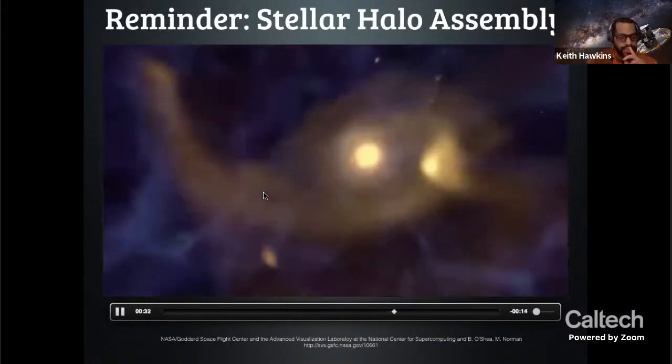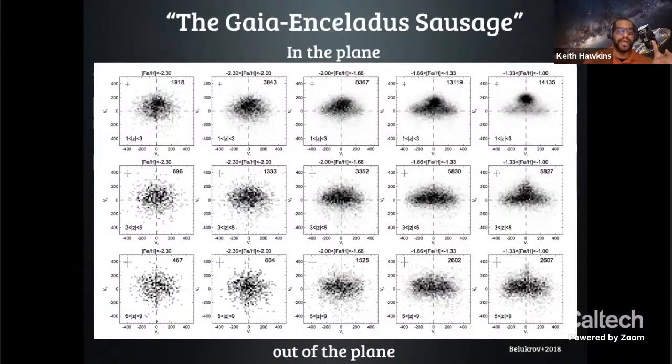But one of the really cool results to come out from all of this work was from Vasily Belokurov and Amina Helmi's work, which showed the existence of a potentially single large, relatively massive, LMC-mass system that may have come in and gotten accreted by the Milky Way. And so the way they found this, at least the way that Belokurov et al. found this, is by looking at the